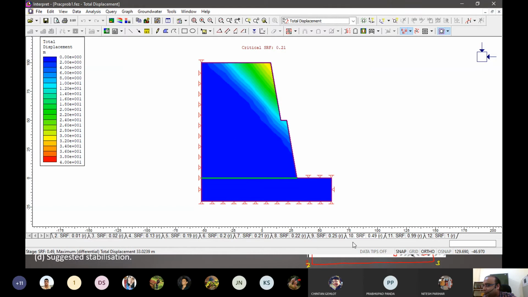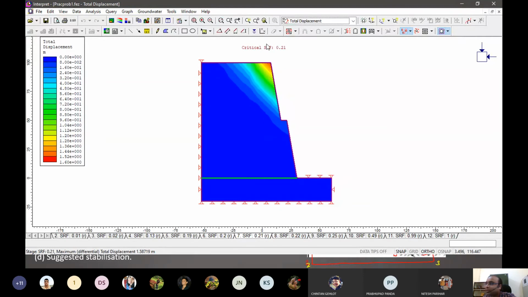And why is this happening? Why do we have a very high critical SRF, very high factor of safety there, and very low here? The difference is that the properties that we are giving and the way in which this is done is quite different. This kind of analysis is very important to cross check what we are seeing.